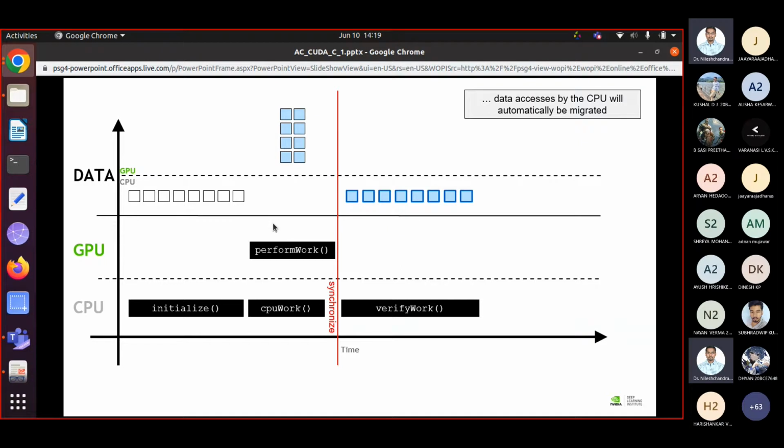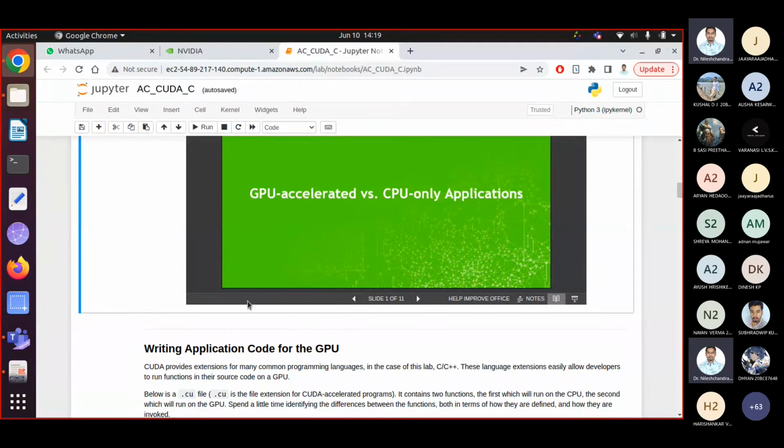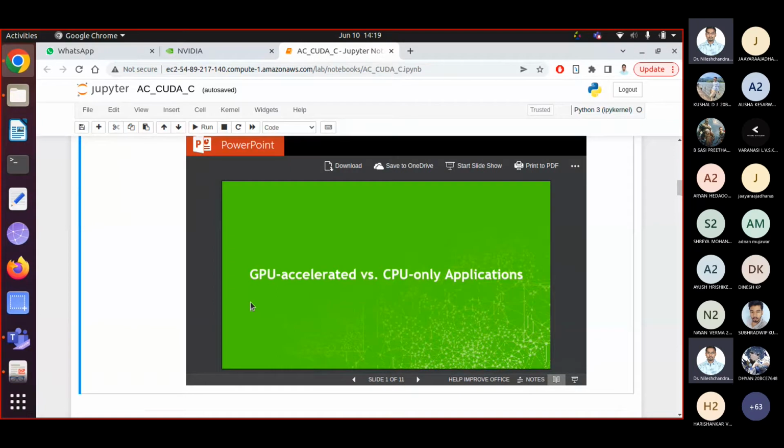If you want to perform any operation in parallel on the GPU side, the required data must be transferred from CPU memory to GPU memory, so that the data is available on GPU memory and on the GPU we can execute the operations in parallel by referring to that data. Fine. Any doubt till this point? It is a simple 10-slide presentation. If you have any doubt, you can ask at any time, right?